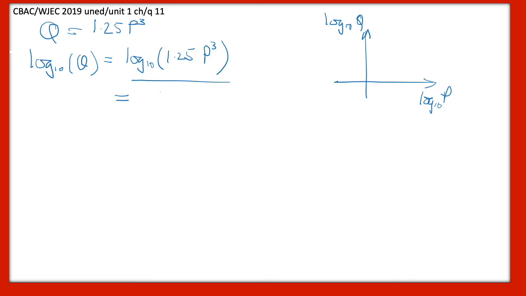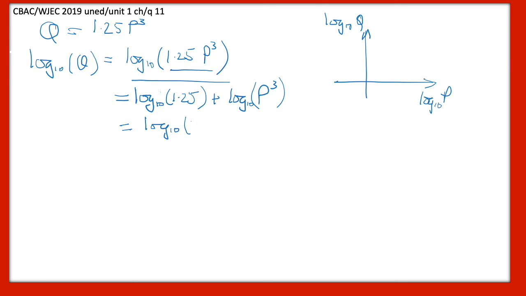Right, I can see that I have got a multiplication by 1.25 and then a raise to the power 3. So therefore, I'm going to use log to the base 10 of 1.25 plus log to the base 10 of p cubed, because there is an operational multiplication between the 1.25 and the p cubed, and therefore I have now got